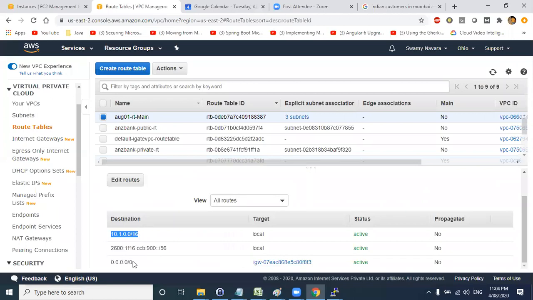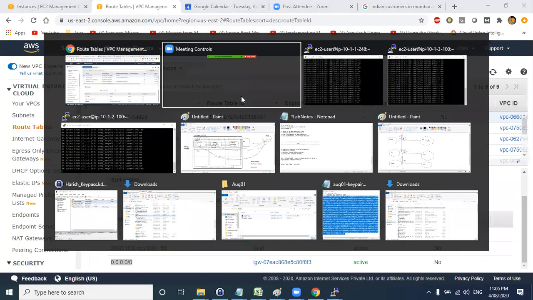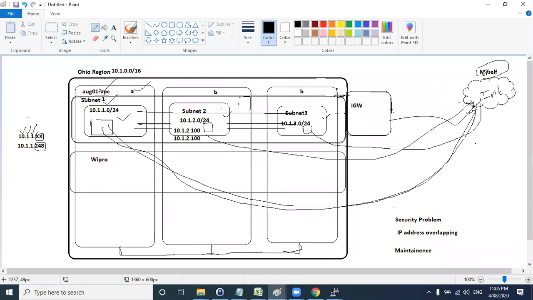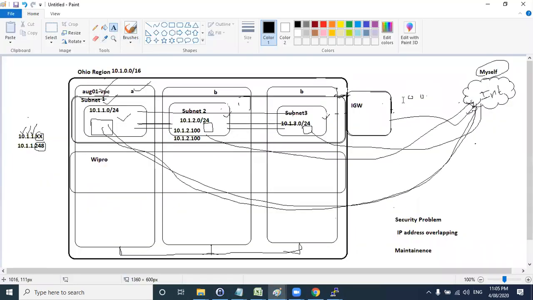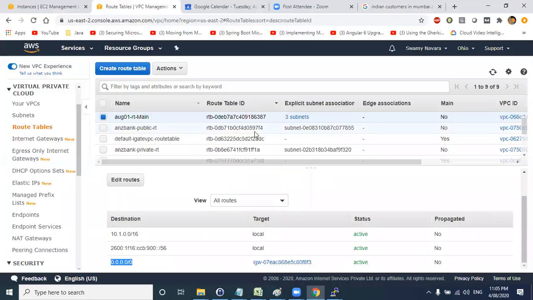And the second thing is the external traffic, which is when you try to log in from your PuTTY. I am not in the AWS VPC network; I am in the external world. So I am using this internet gateway and the 0.0.0.0 address to connect to these EC2 server machines. Clear? Questions? Harish, thank you so much.